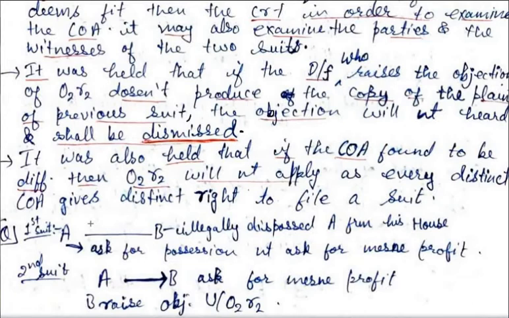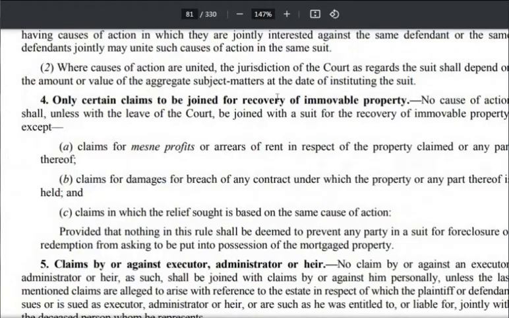There are some conditions which are to be fulfilled. ठीक, उसके बाद Order 2 Rule 4 कहता है that no cause of action shall, unless with the leave of the court, be joined with a suit for the recovery of immovable property. Order 2 Rule 4 is saying,